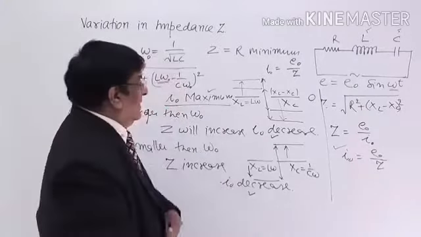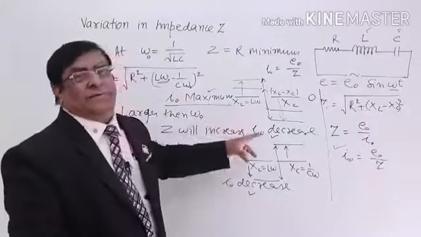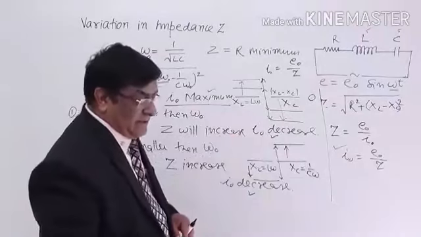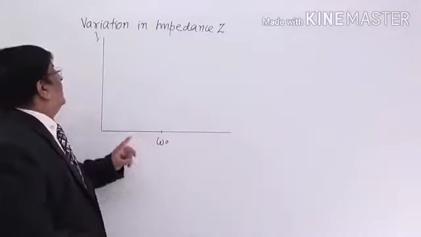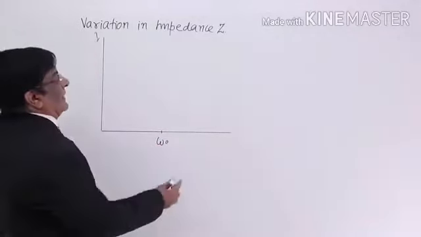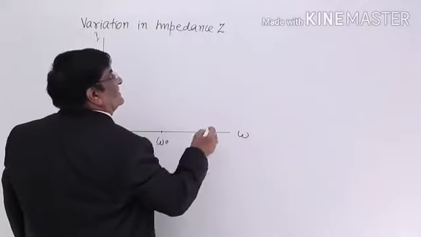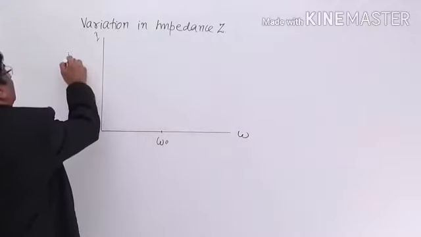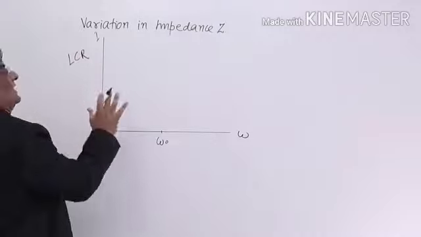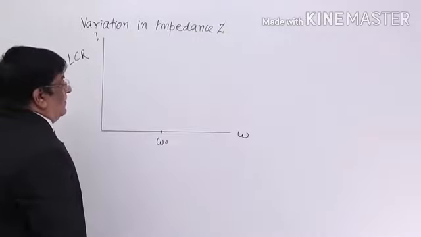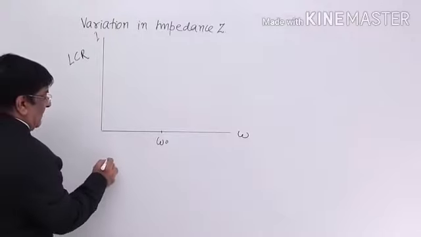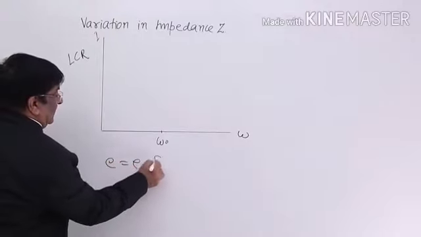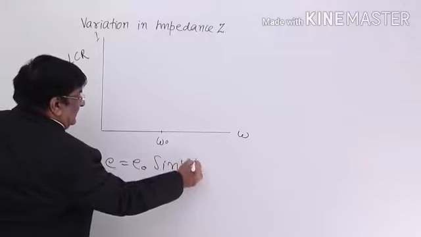Now this effect can be very well shown by a graph. The graph between electric current and frequency of supply. So I will make that graph here. Yes, we are making a graph between frequency applied and current in the circuit. And what is that circuit? It is an LCR circuit or RLC circuit. Now, when we are supplying EMF, the EMF is E equal to E naught sine omega t.